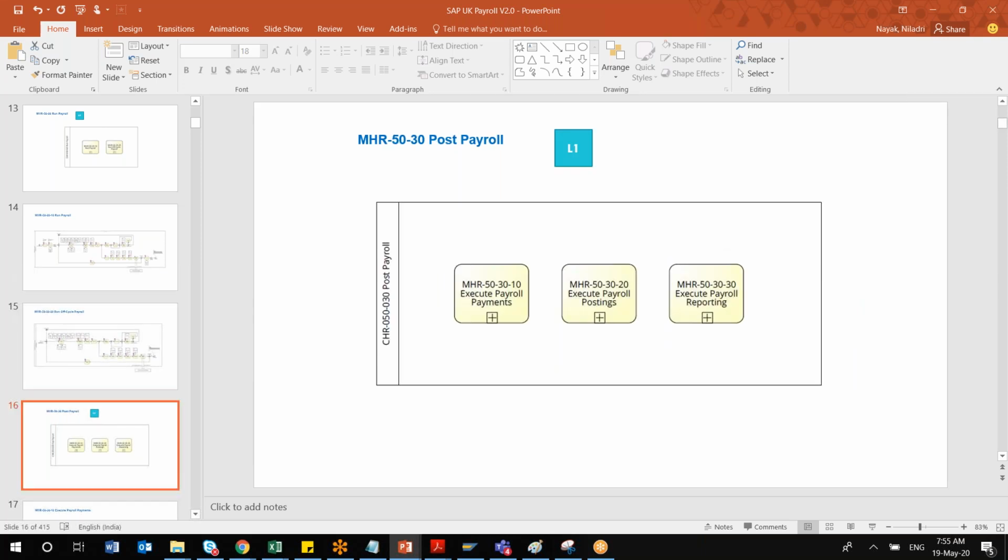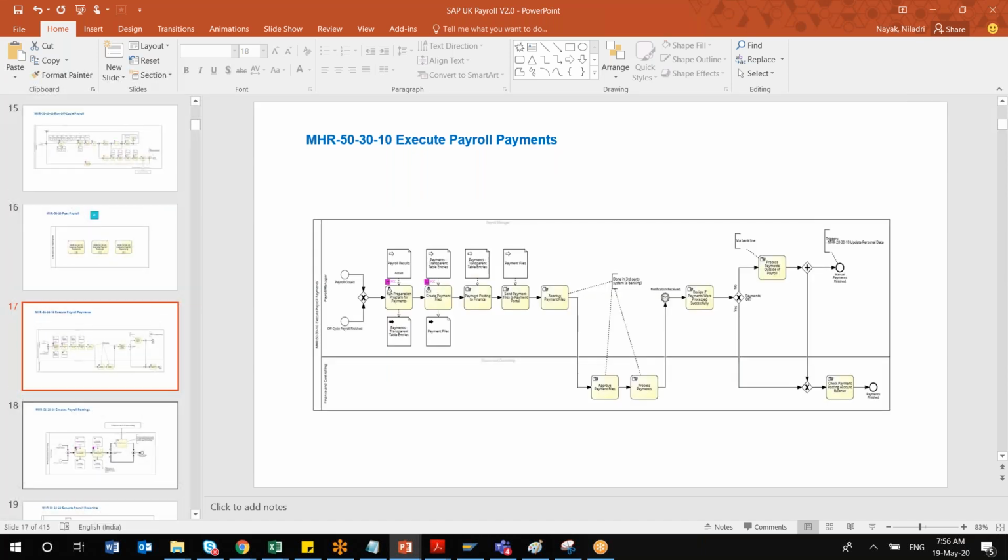So the next L1 process is posting payroll, how payroll posting will be happening. Okay, so how to manage and execute posting, how finance will be seeing those records, and what the different reporting structures available inside your payroll posting are, that will be covered there. This is more from an HR finance integration point of view, but it will also be covered because it is one of the most critical parts. Generally people skip it because it's a little difficult to understand.